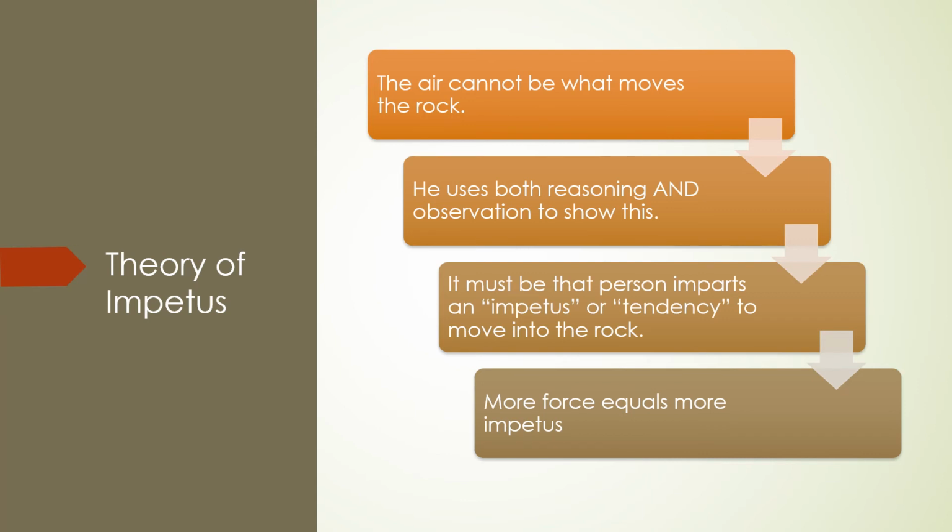So he says, but clearly the rock is resisting its natural motion for a while, right? If I throw a rock up, it actually does go up, doesn't it? It goes higher than me. I could throw a rock maybe 10 feet in the air, 20, depending on how heavy the rock is. So it's able to not just fall straight down, it's able to go up. And he says that that is because the person imparts an impetus, or a tendency to move, into the rock.